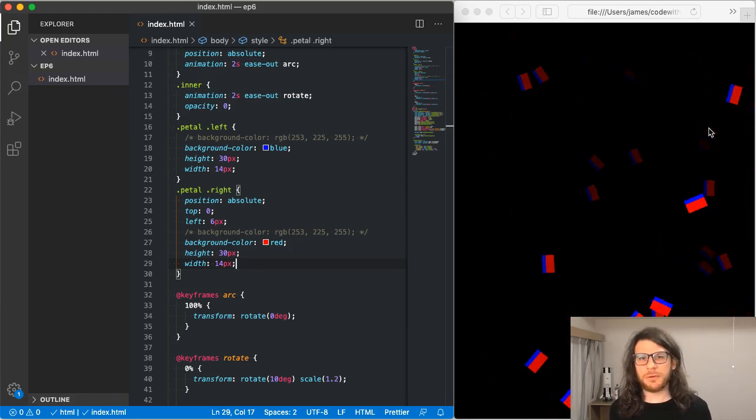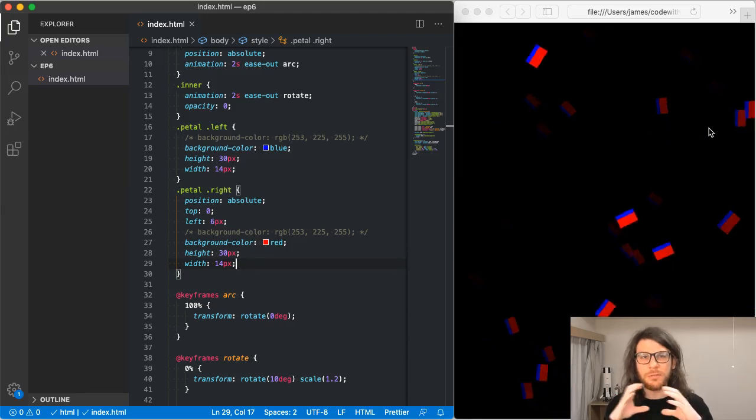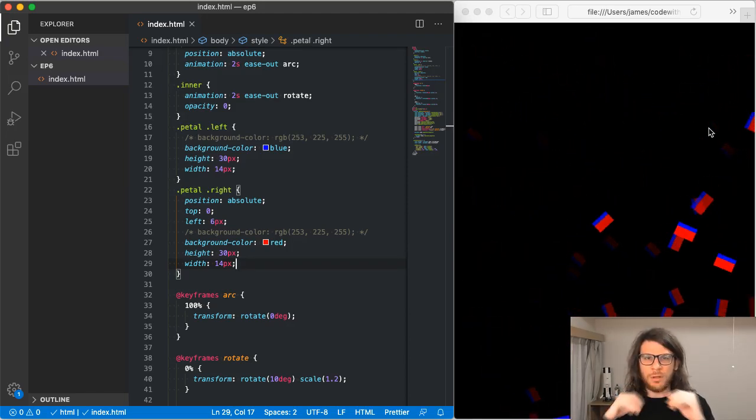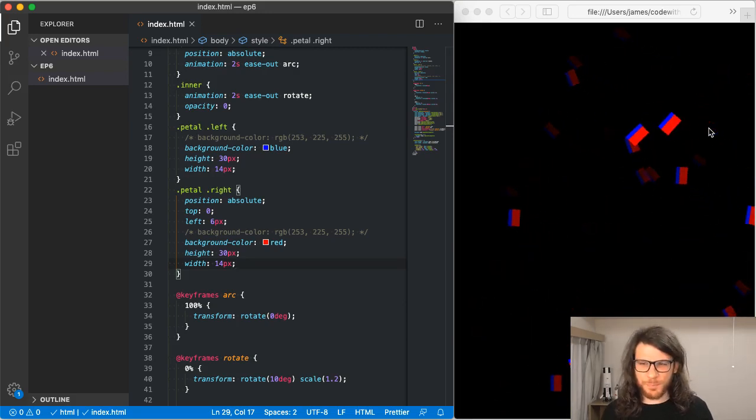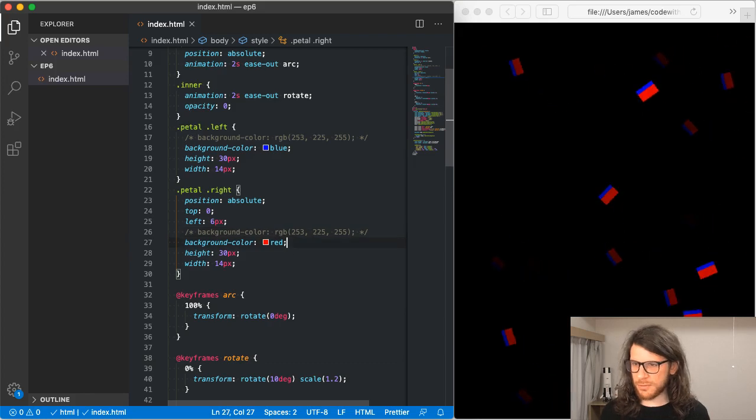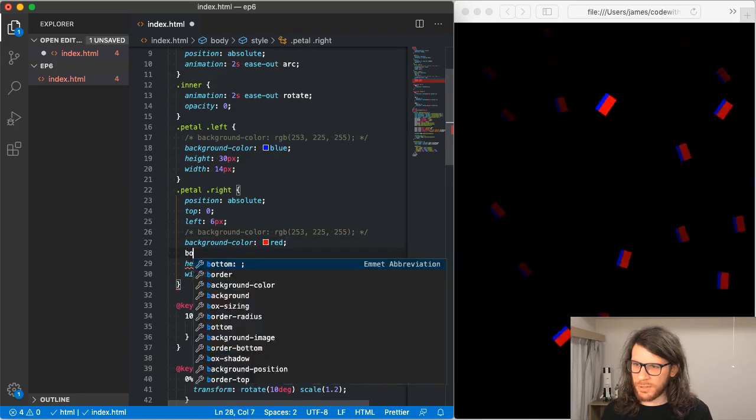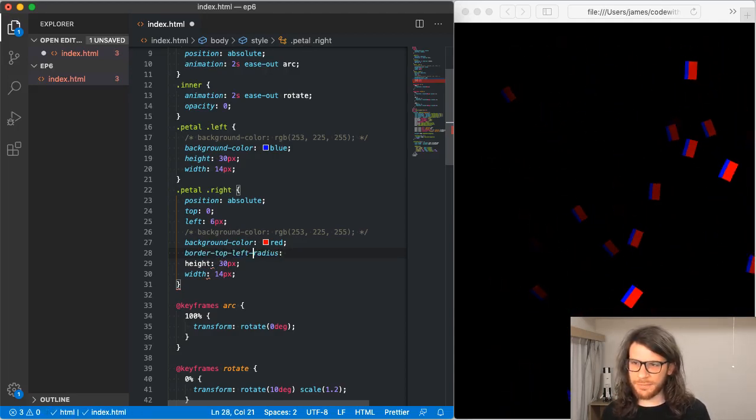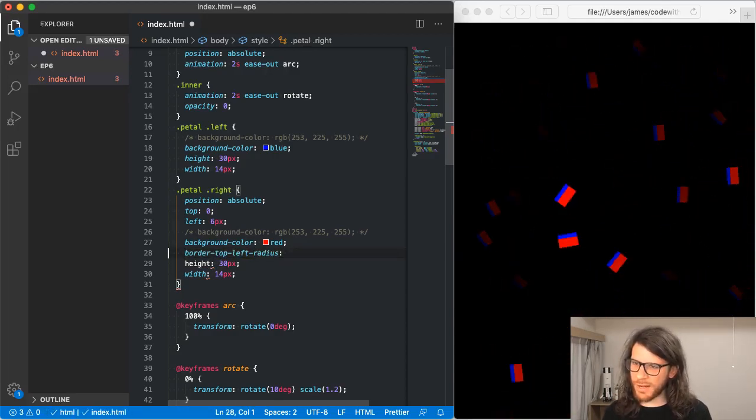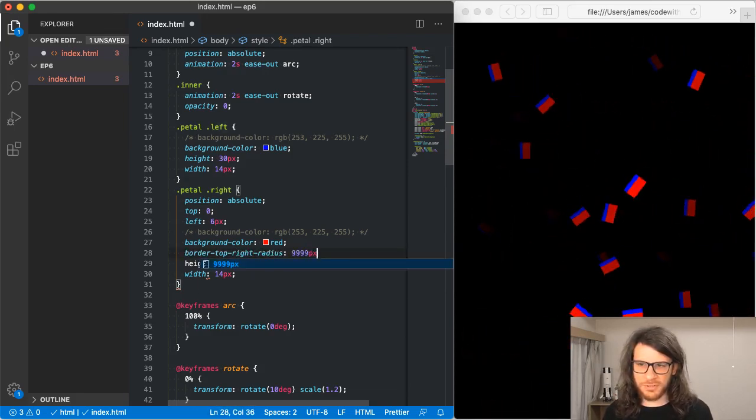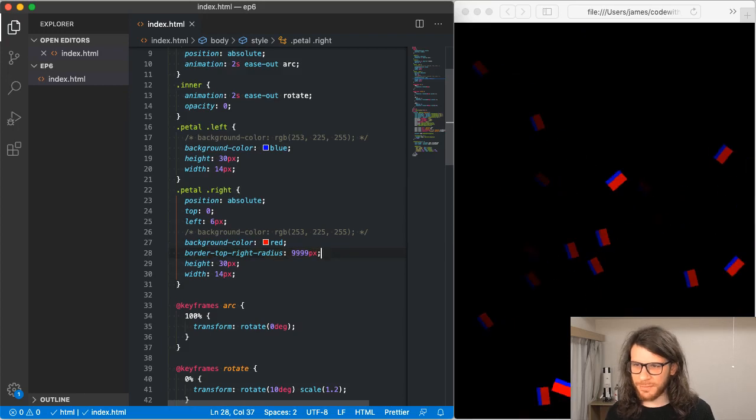So if I just wanted to make an oval, I could render a single box, add a radius to it so it's a circle, and then use a transform to squish it. But if I want to have that sort of point, I think I need to make it with 2 boxes. And I'll show you how to do that. So I'm going to re-add this border radius. For the right hand side it's the top right radius. If I just use a really large number,